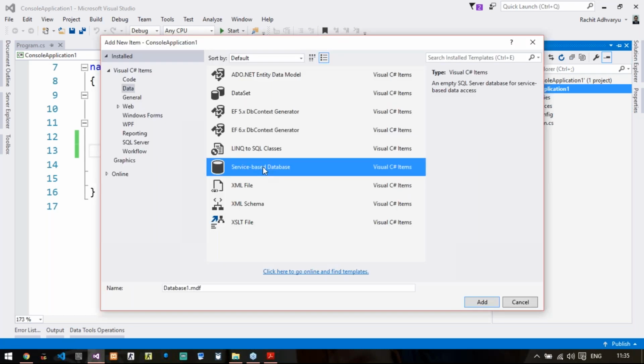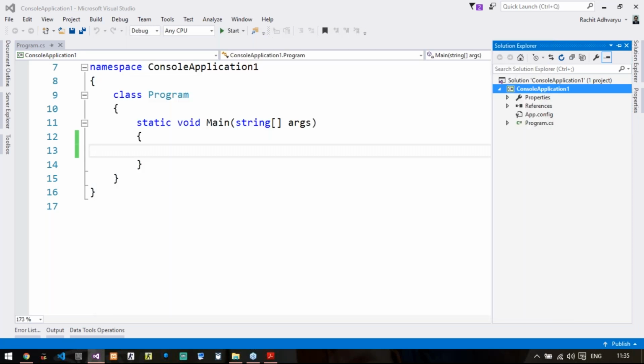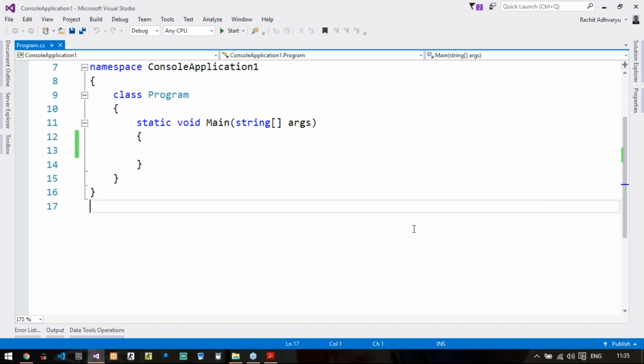So it will take few seconds to add the database to your application. First the master data file will be added and then log file for the same will be added by your Visual Studio. So you can see here test.mdf and test_log.log data file, right? So double click on the database. So it will open Server Explorer on the left hand side.